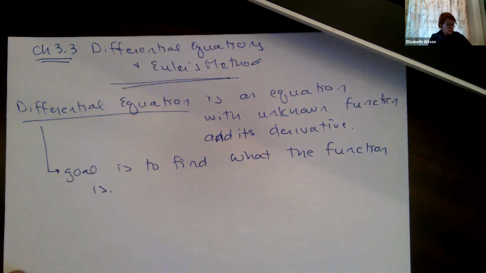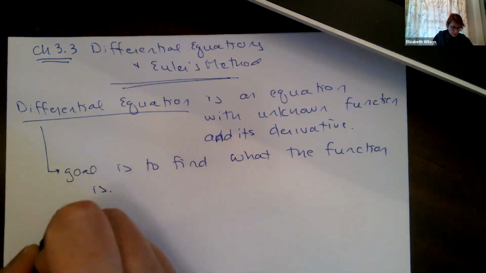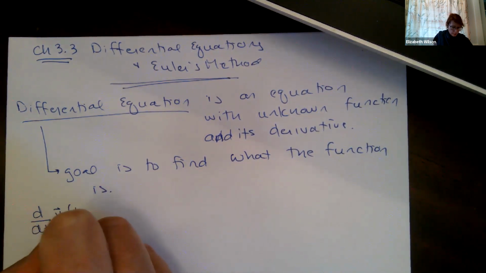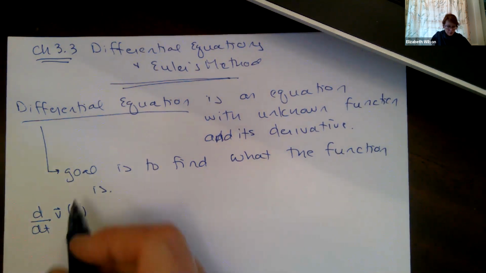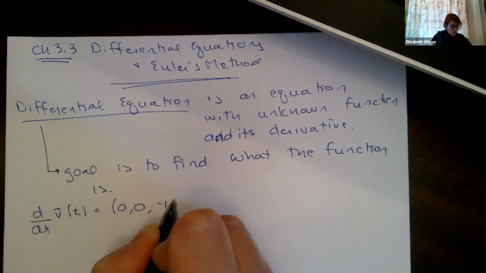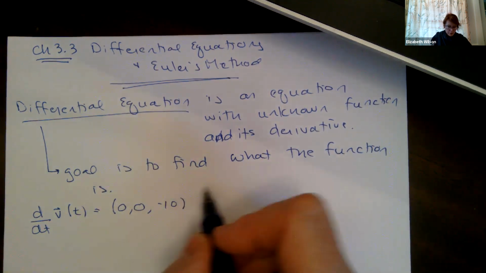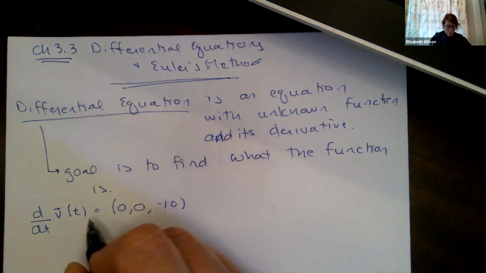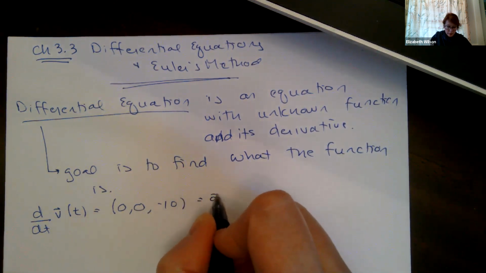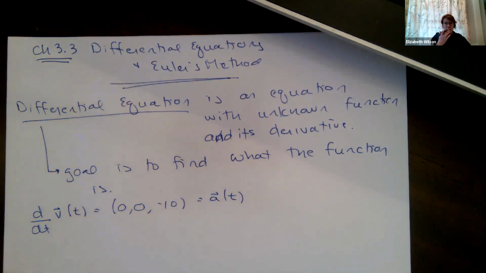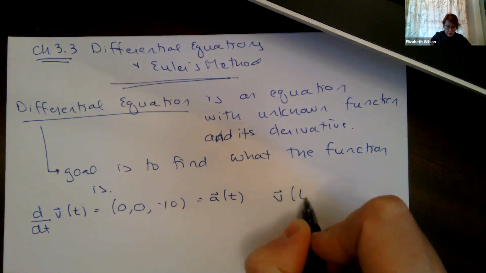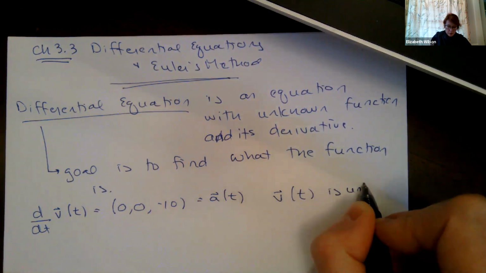Okay, so let's talk about, for example, if I say d/dt, we're going to take the derivative of our velocity, and I give you 0, 0, minus 10. So I give this to you, and I say the derivative of my velocity is this. Remember, the derivative of velocity is our acceleration. So if I say my acceleration is equal to minus 10, the goal, our v of t, is an unknown